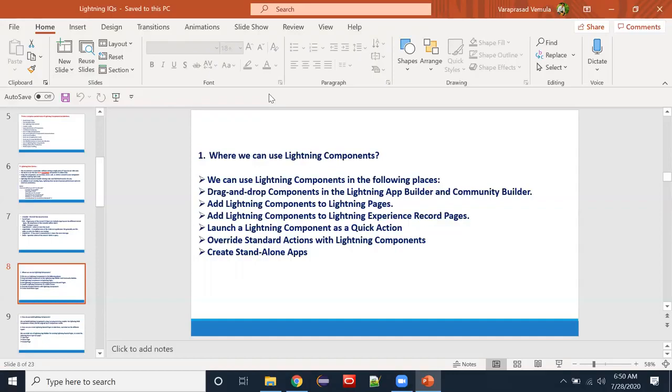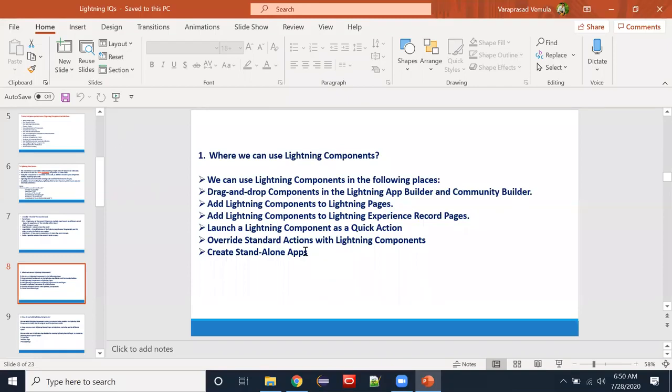Okay, and if you want to add it to the record page, if you want to do all those things, what can we use? We have to use the interfaces. How can we use the lightning component like a tab? Which interface do we have to use if we want to use the lightning component like a tab? force:appHostable, right? Exactly. So if anyone asks a question, these are the only places we can use it.